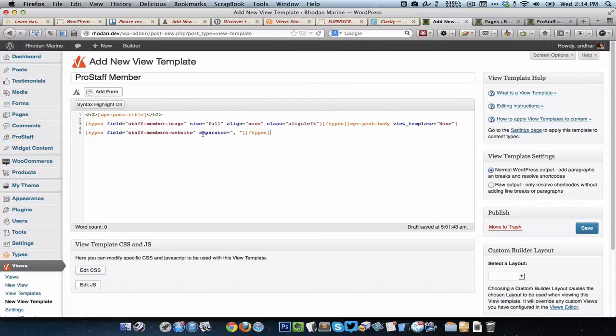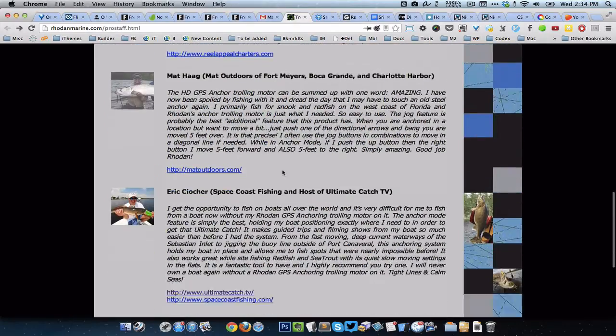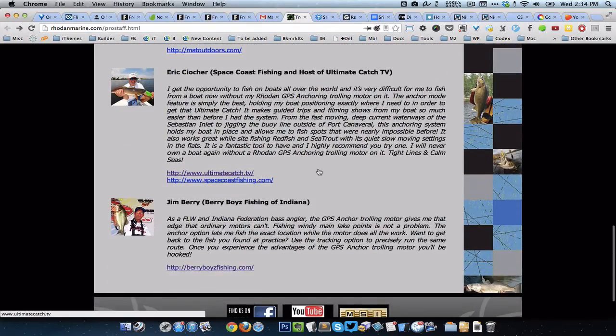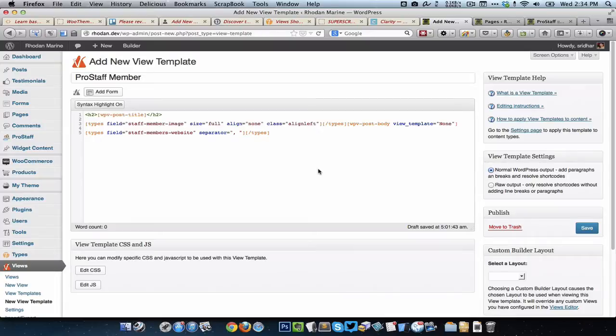Okay, and notice the separator parameter which has the value of comma. So let's say there are two URLs, like in this case. Views is going to output these two, separated by this separator which is comma. I don't want this, so I'm just going to get rid of that. And I always prefer raw output.